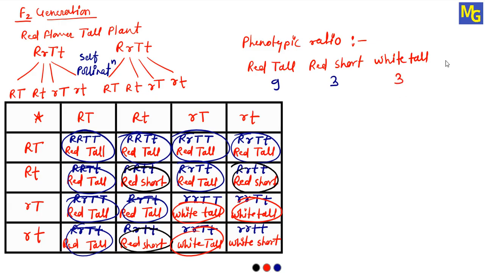And the next one, that is white and short. And white short we have only one, which is here. Now I'll write it, 1. So this is 1. So the ratio is 9:3:3:1. We have 9 red tall plants. We have 3 red short plants. We have 3 white tall plants, and we have 1 white short plant. So the phenotypic ratio is